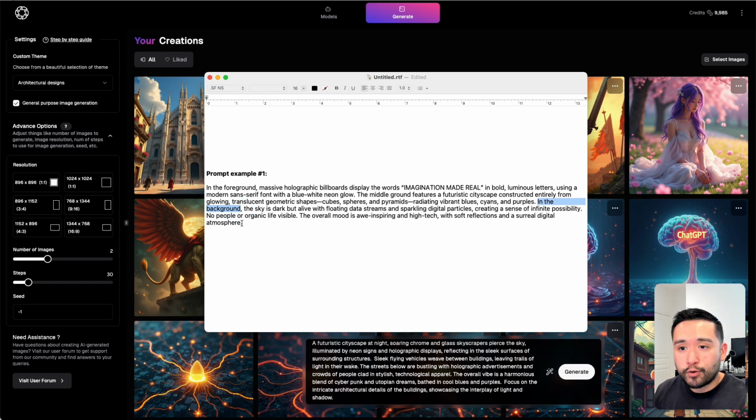And in the background, so this is the third part of the prompt, and this is where I talk about the background, okay? So the sky is dark but alive with floating data streams and sparkling digital particles, creating a sense of infinite possibility, no people or organic life visible. The overall mood is awe-inspiring and high-tech, with soft reflections and a surreal atmosphere. So this is a good example of a prompt that you can send to PhotoGPT AI to generate this type